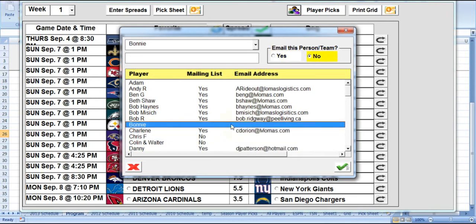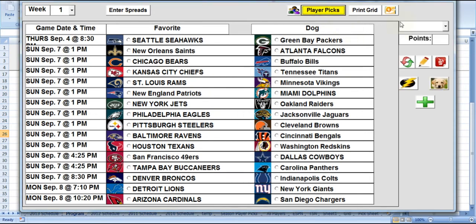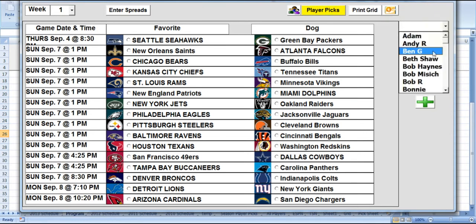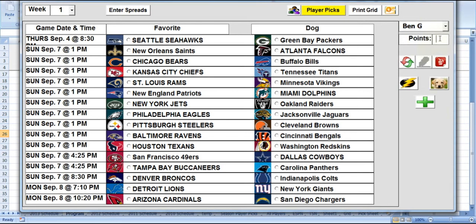If you need to edit a player here, for example, Bonnie, I can type in her email here. Bonnie at, and then click on plus. There she goes. Now she's added in. So once I've done that here, click on player's pick. You notice the stuff that just shows up. Now if I add, say, Ben's picks, add their points, 44, I'll just make up a number here,